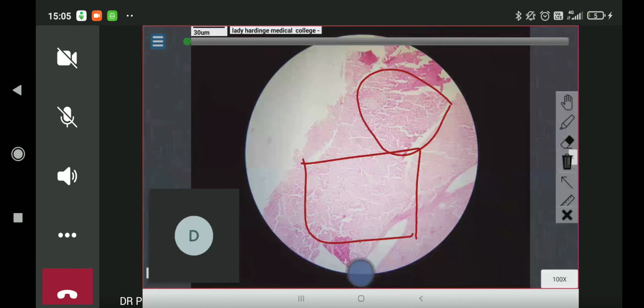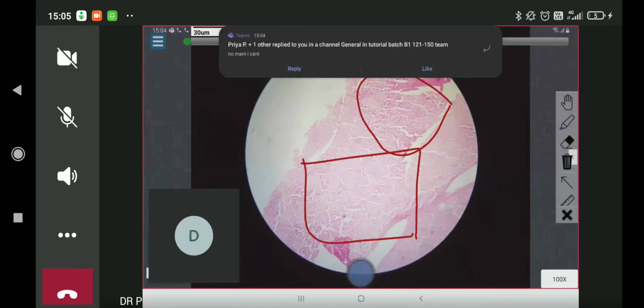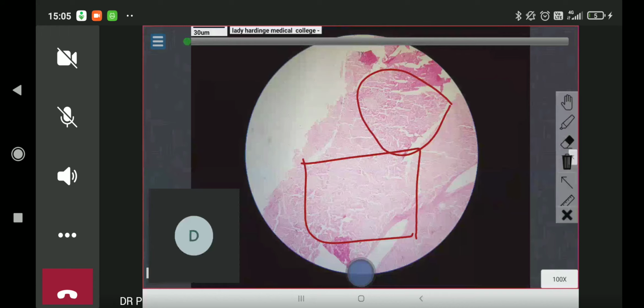Now, what will you do to confirm on a gross specimen? What did I teach? When a gross specimen comes, how do you confirm? What chemical can you use to confirm? Ma'am, iodine. Lugol's iodine. Very good. What color will it come if there is amyloid? Ma'am, mahogany brown. Very good. Mahogany brown color. And when you add sulfuric acid, what color does it turn? Blue. Very good. So that mahogany brown will turn into a blue color when you apply sulfuric acid. So this is for your gross finding of a case of amyloid.